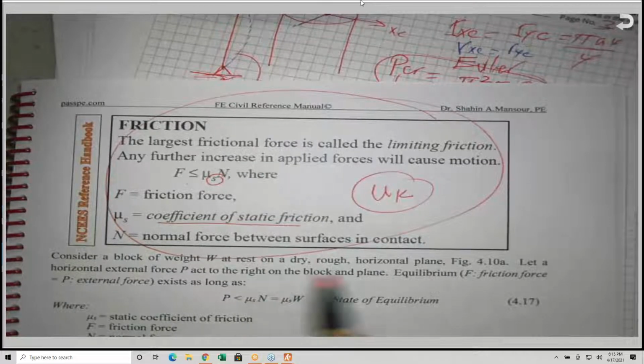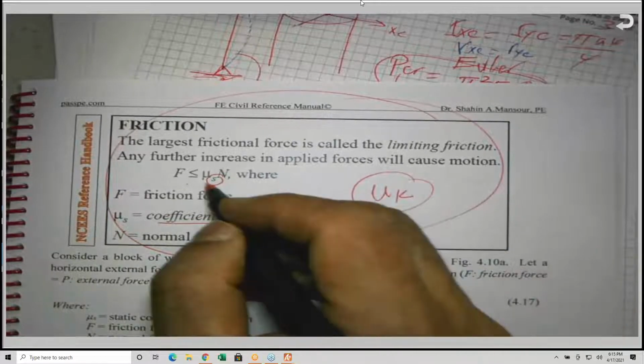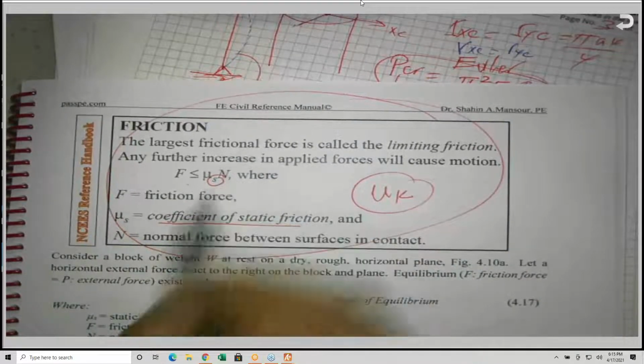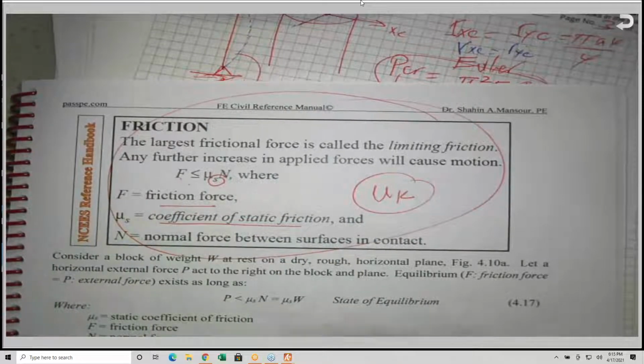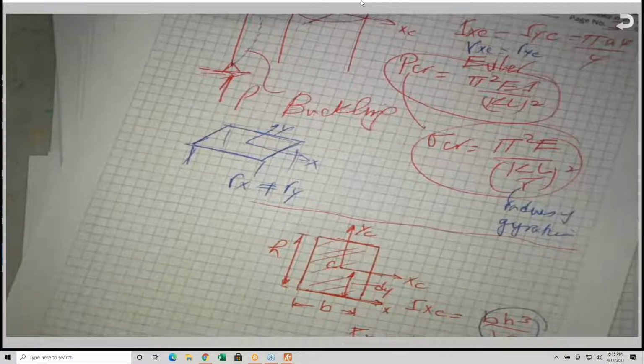I need you to remember that N is the normal force and F is the friction force. So if you look at this block here, let me put a block and try to